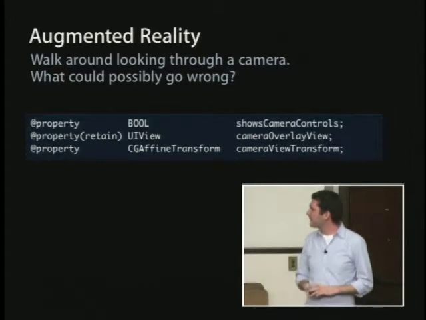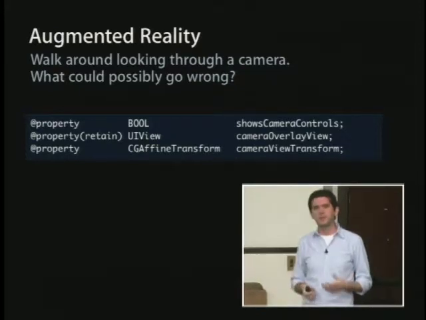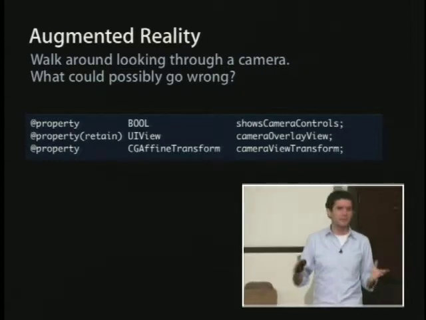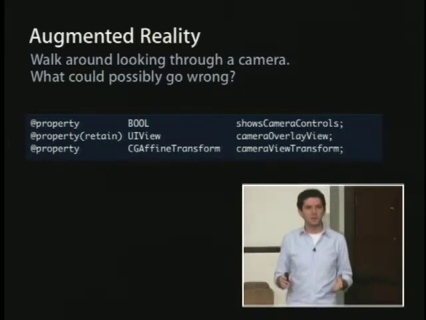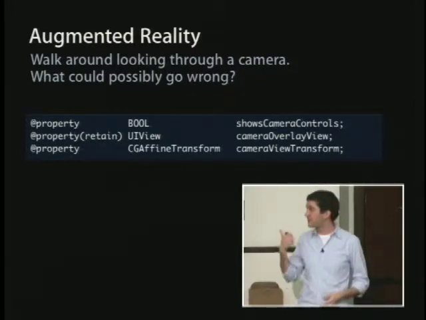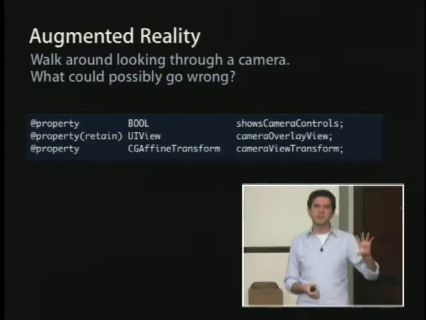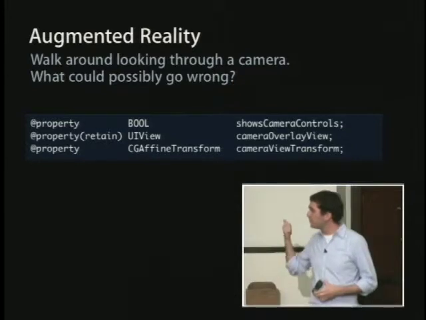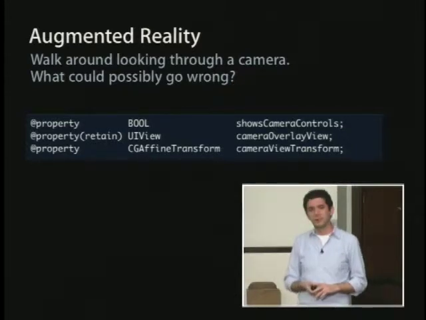And then the last one is the camera view transform. It's a CG affine transform. We've seen CG affine transforms a couple times. You may not have used them too much yet. The common case you probably saw, and we talked about a little bit, was on UI view. A view has a transform property, which is a CG affine transform that lets you either rotate, scale, or translate the view itself. So you can do the same thing using the camera view transform to the camera image,